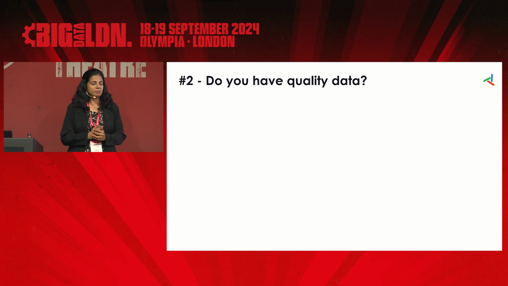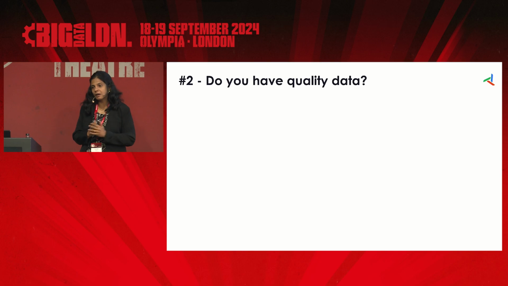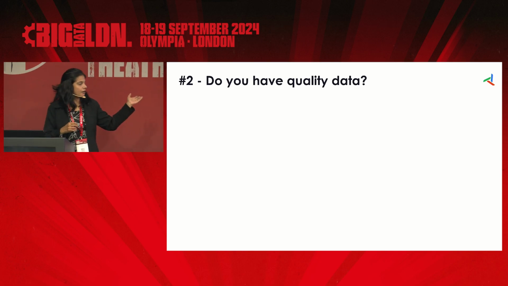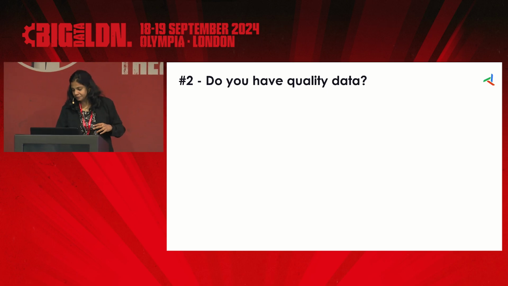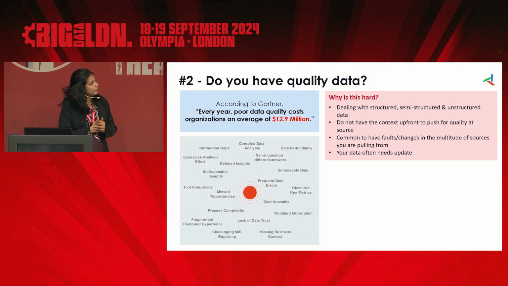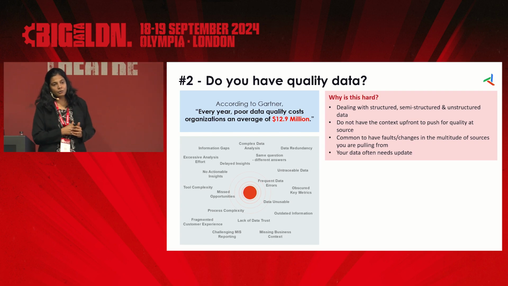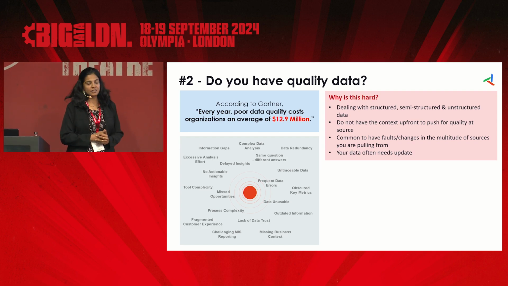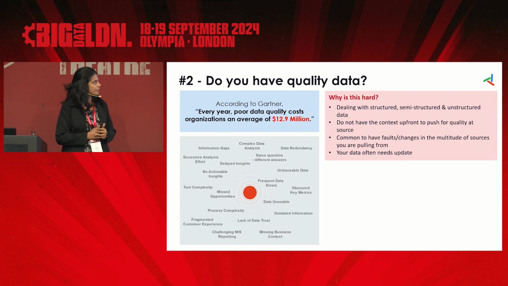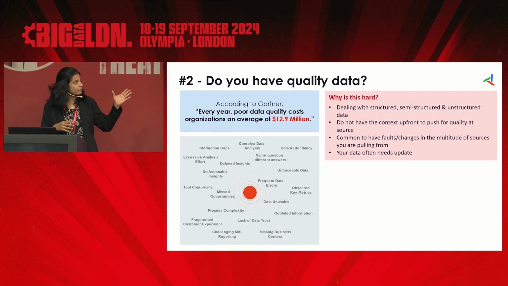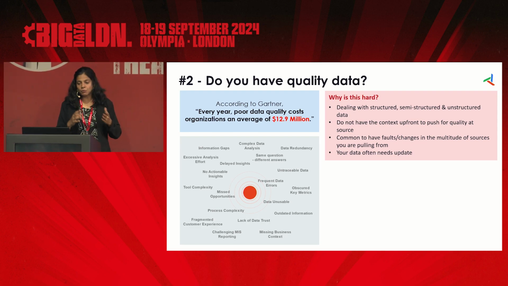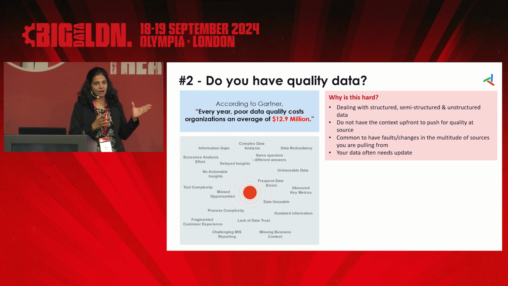Very relevant in any data-driven initiatives, but most relevant when it comes to CDP, right? Again, the intent signal cartoon that we saw, that could happen if you don't have the right kind of data. So, some statistics about what poor data quality is costing organizations, and what is the cost of poor data quality, right? Again, if some of you have been involved in data-driven initiatives, these might seem very intuitive to you. But why is data quality in customer data really hard, right?